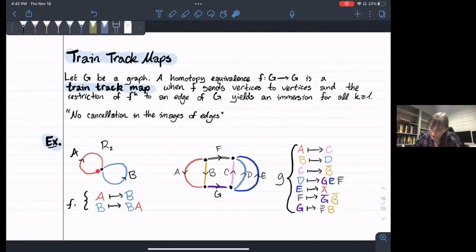This one here, it's maybe not so hard to see that this is a train track map. So what the map does is it sends the edge A over the edge B, and it sends the edge B over the edge path B followed by A, so like that. And the point is there's